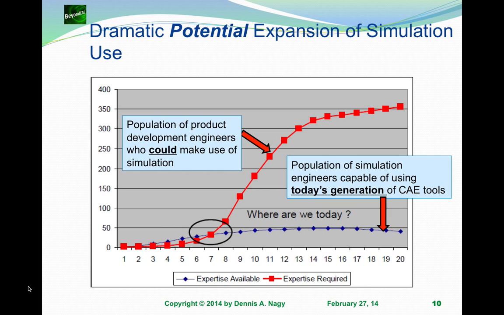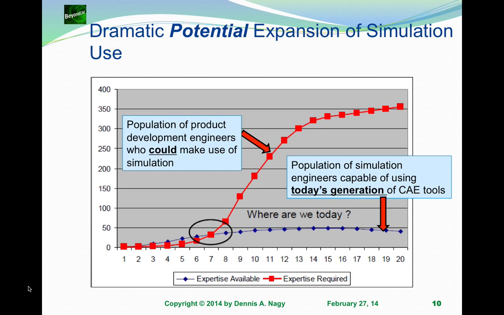And so if you really think about it, there's a tremendous potential, and that's what this red curve shows, that going forward into the future, there's a lot of engineers who could make use of simulation in some form, and that's the key word there, in some form,